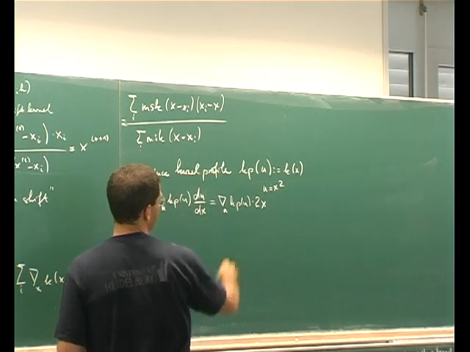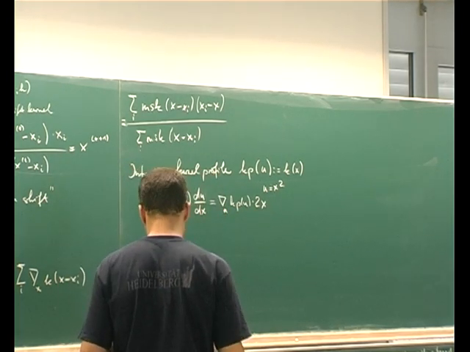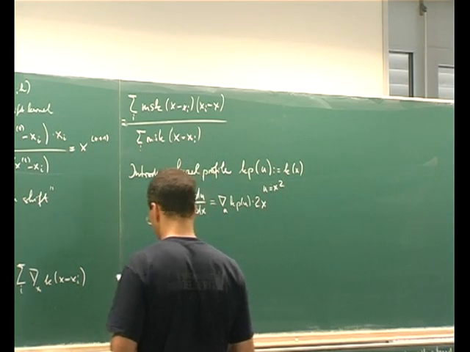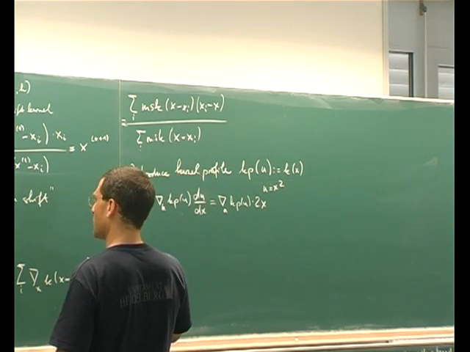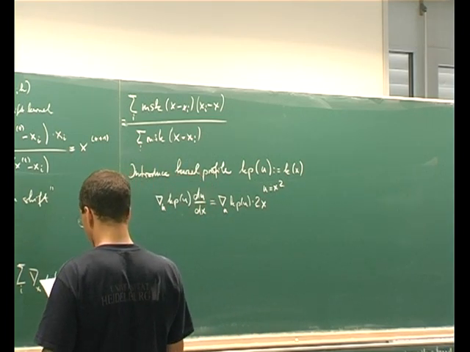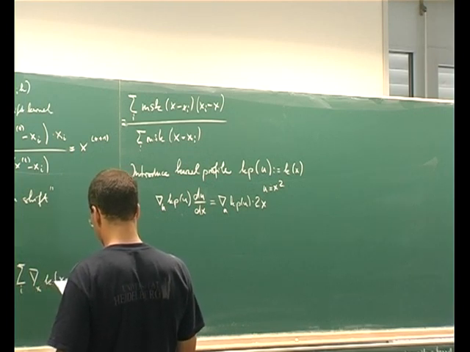And du by dx is just 2 times x. Okay, and so the gradient of x, p of x,